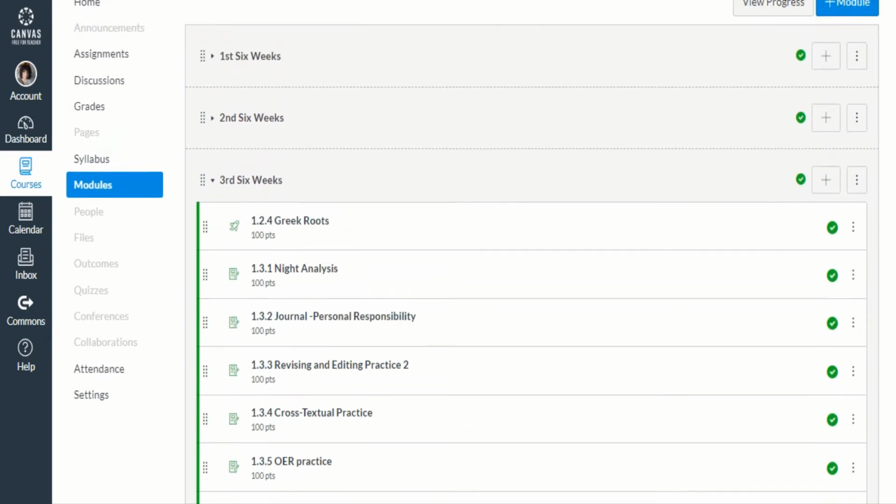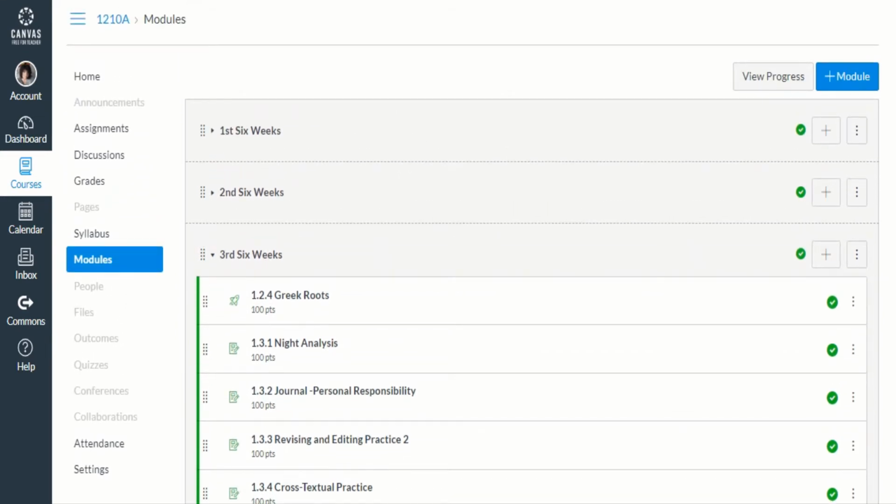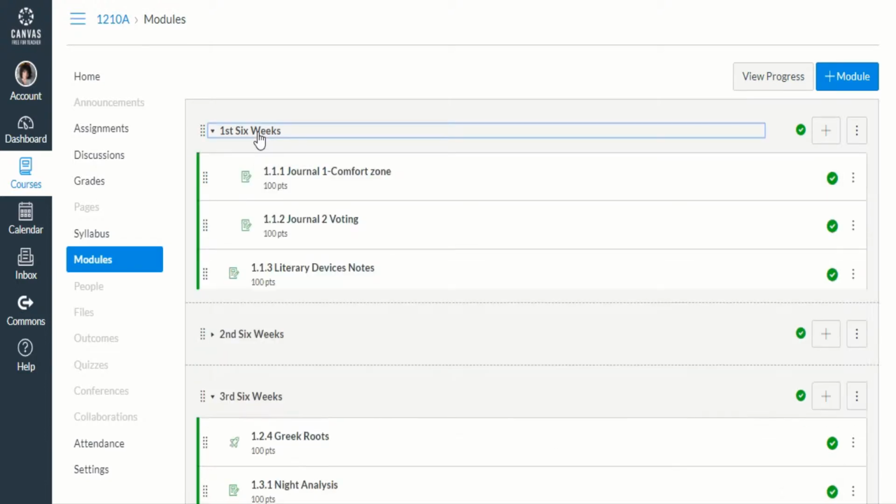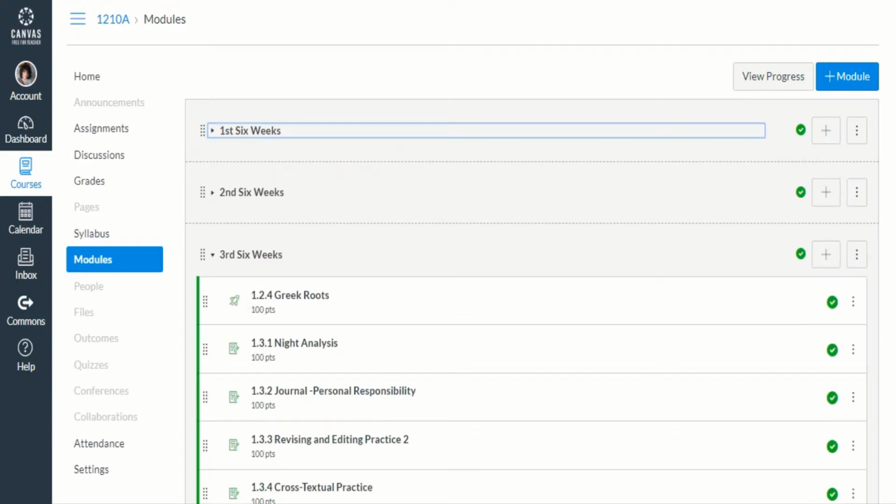The next product we're going to be looking at is Canvas. You use Canvas all the time. Building a class inside of Canvas is a glorious thing. So you can delineate the structure. On Blackboard, it was straight, it was basic, it was foundational. Canvas isn't like that. You can divide your modules, whether it's by topic or by 6 weeks, and it allows